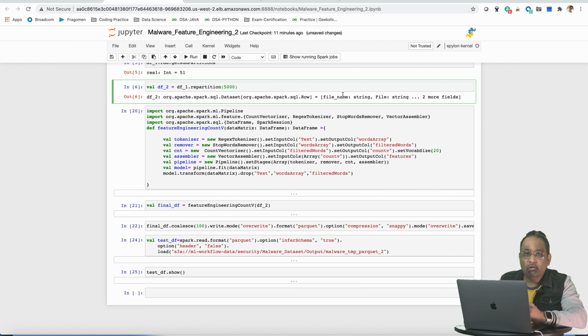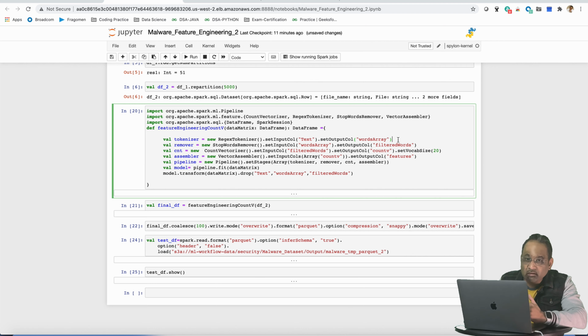It is useful for combining raw features and features generated by the different feature transformers into a single feature vector. We had already seen the same stuff while using the sklearn libraries with Python. Here we are doing the same thing, except at much higher scale with distributed technologies like Spark.